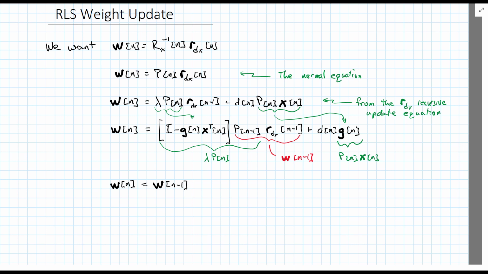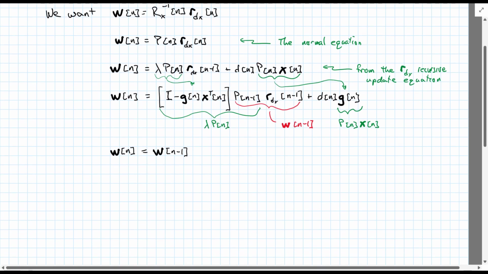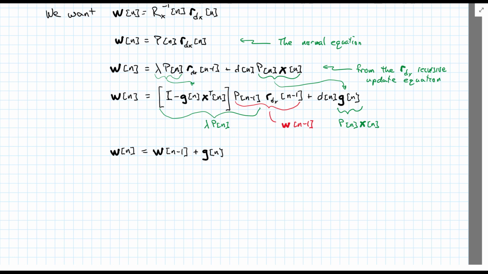Then we have Wn minus 1 times G times x transpose. And we also have a G and a d over there to the right. So let's combine those two equations, giving us a G out front, and then our d of n, and then minus our x transpose